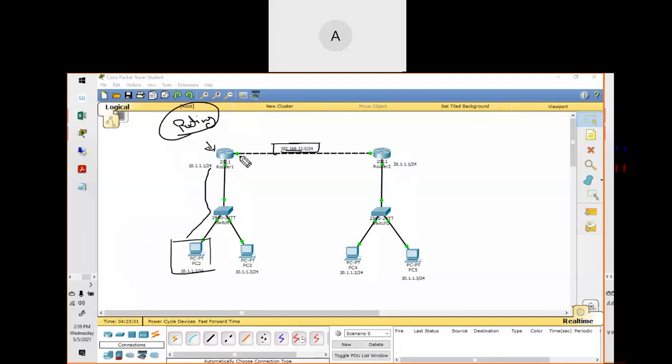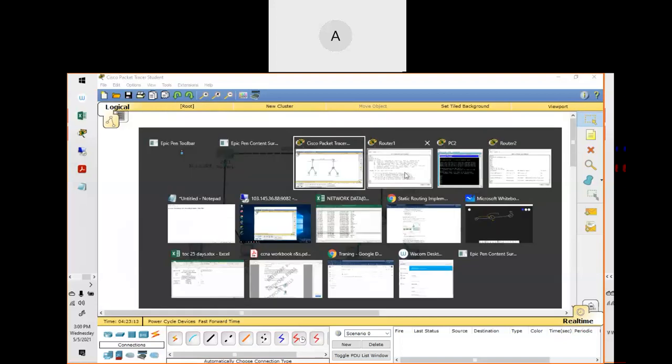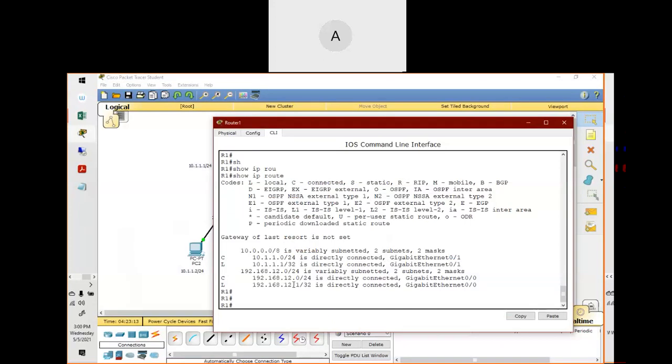This router will find this network, but again it won't be able to route that packet because there is no route available for 192.168.12.2. Can you see anywhere in the routing table if 12.2 is available? No, it's not there. Only 12.1 is directly connected.